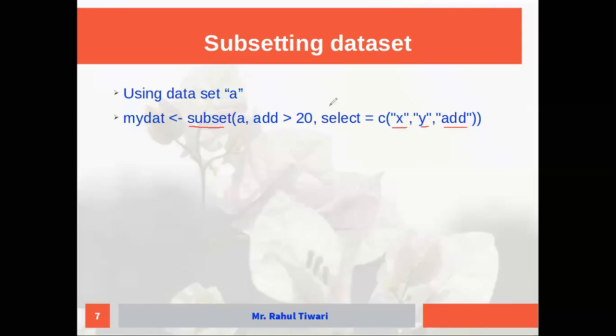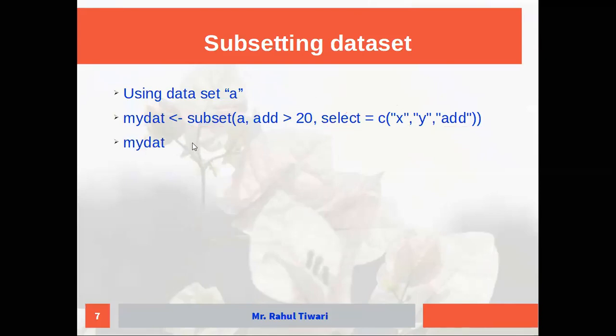If you don't write this part, it will give me the entire rows and columns, which I don't want, because that is what you get without a subset. But if I'm interested only in these columns or variables, then I need to select them and write whichever variables you need. We will see how it works.